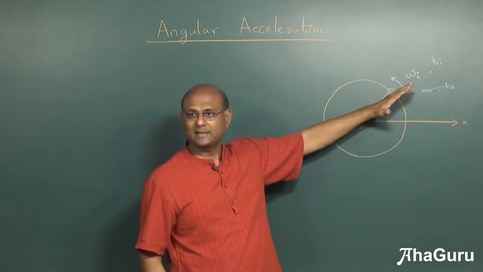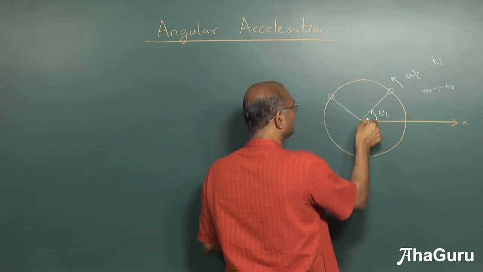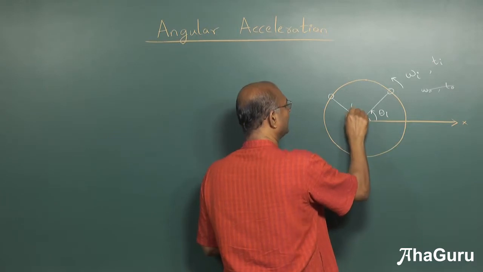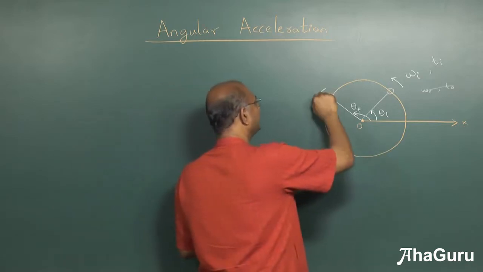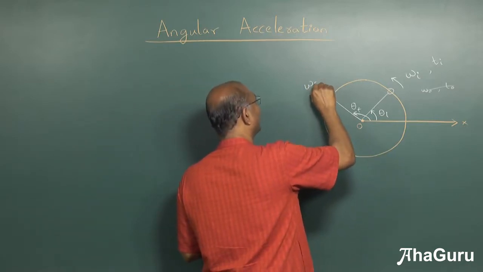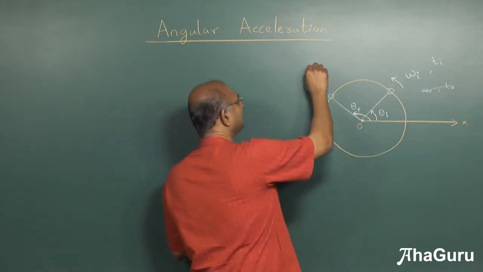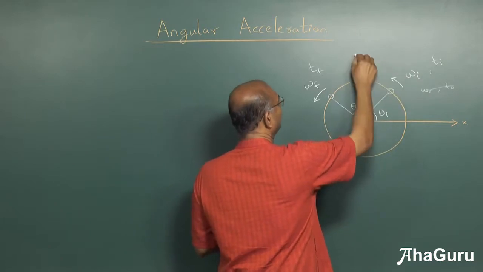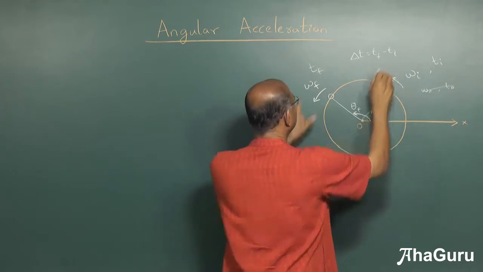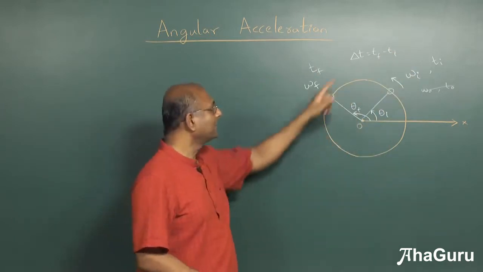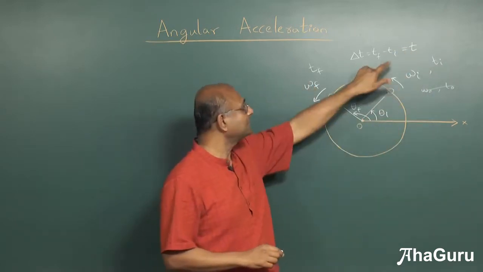So this is happening at the initial time. After some time, let us say the particle is here, this angle would be called theta f, the final angular position. At that time, the object has an angular velocity omega f. Now, omega f may not be equal to omega I, and this happens at time tf. So this time interval delta t is tf minus ti, these two being time instants. So the change in time is delta t. Sometimes we will just call it t, so here we are writing t as delta t.